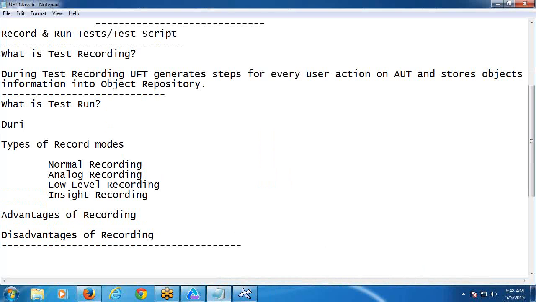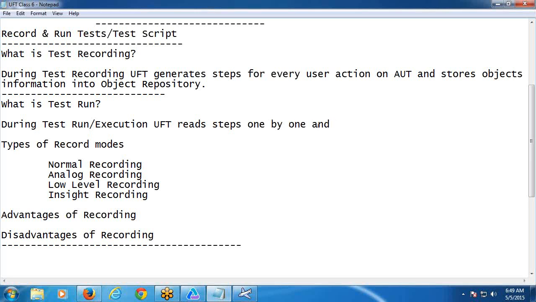During test run, or you can say test execution, UFT reads steps or statements one by one